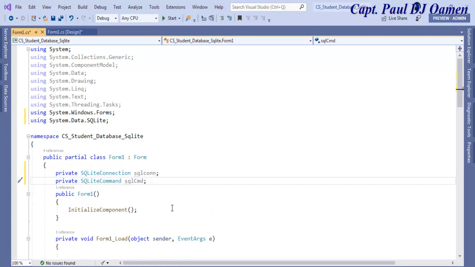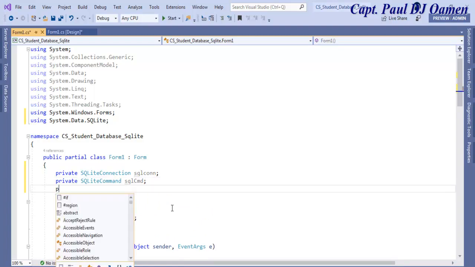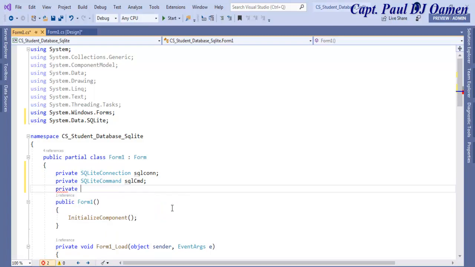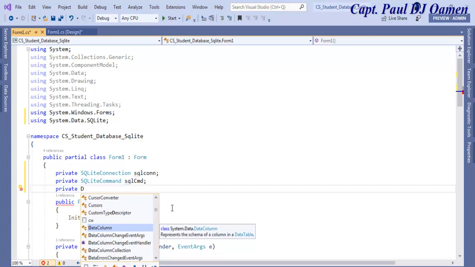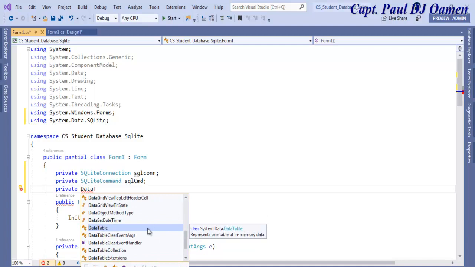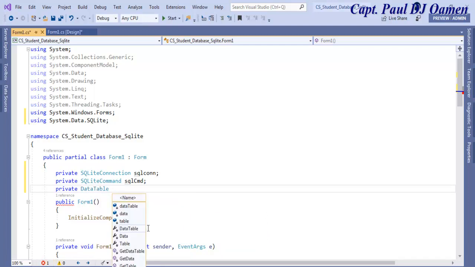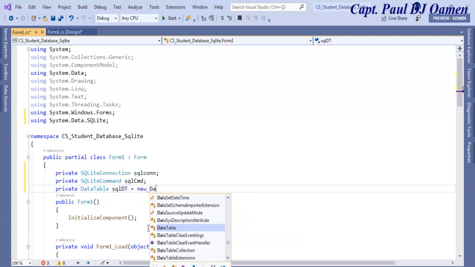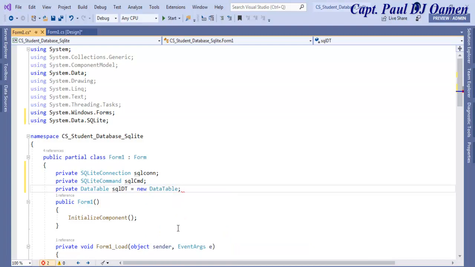Now the next one is, let me go for private again, private data table. So that's just going to be for my data table right there, and data table equals, let's say SQL DT for my data table equals new data table. Yeah, enter semicolon there,